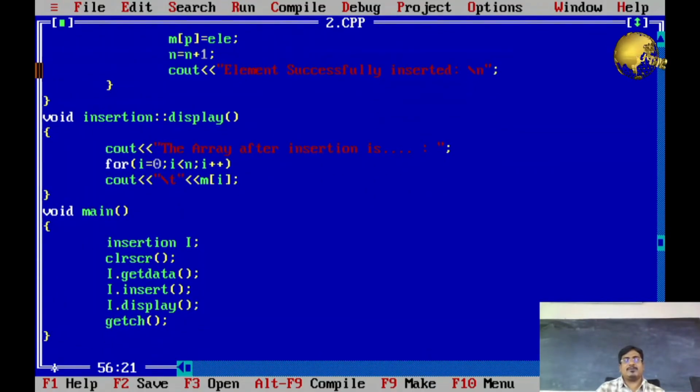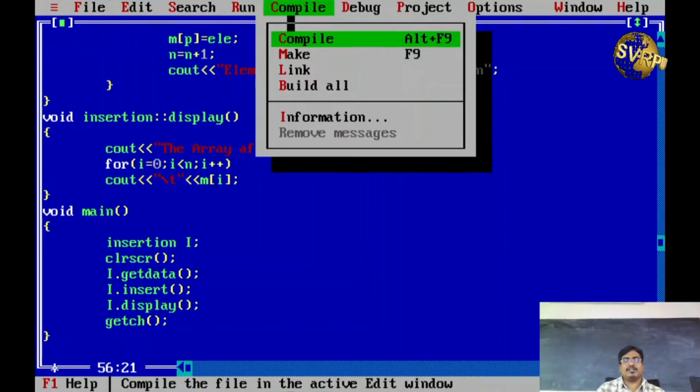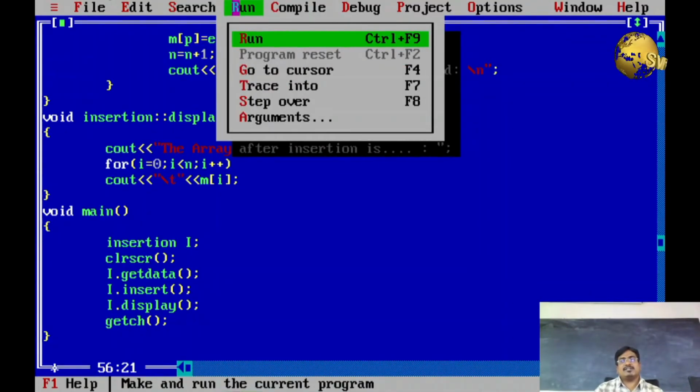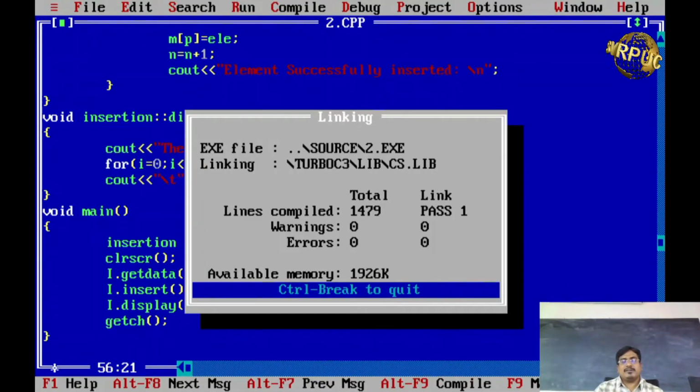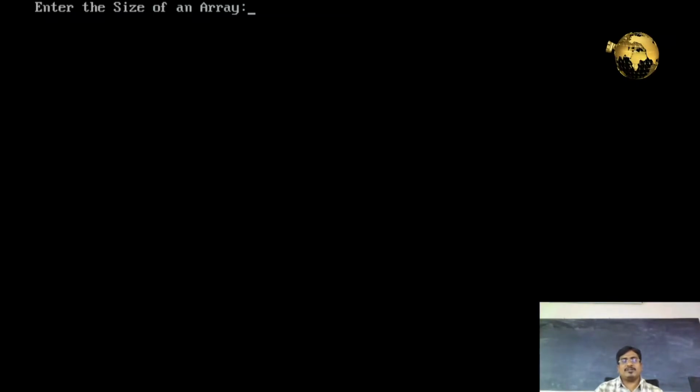So let us run the program. Before that, let us compile. We have two types of compile here. One is for compiling. If I compile, it will just note down the errors and will not take us to the output screen. If I use run, it works as a compiler as well as a run. So once I use this Control F9, automatically it runs the program, and you can see there was no error. That's why it directly went to the output screen. Let us capture the output.